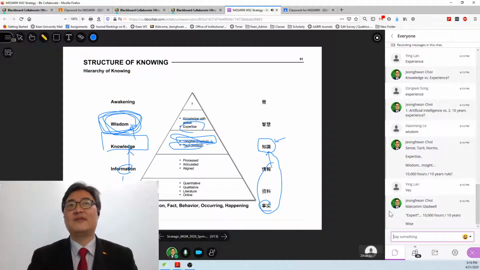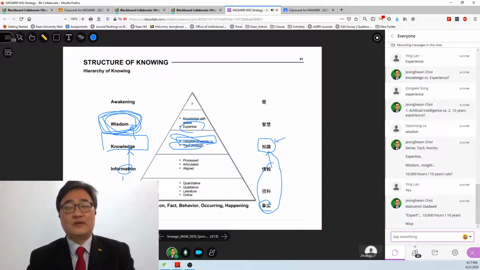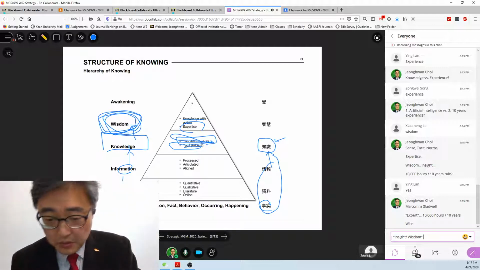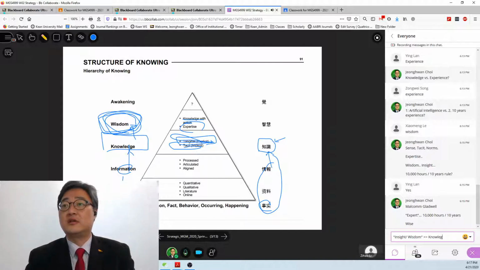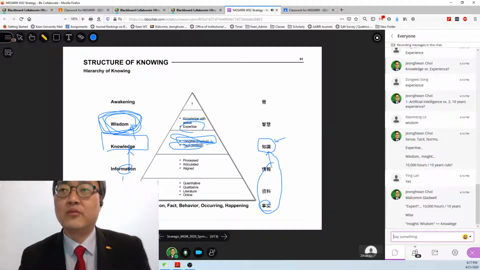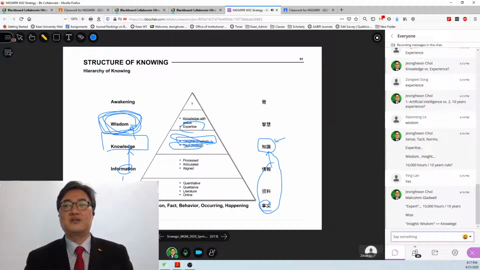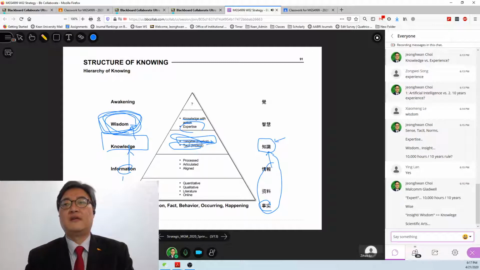Okay? Absolutely. And then, especially in the business field, we are looking for the wise person. We are looking for the insightful. Insight, while the wisdom. We respect the insight toward the wisdom more than knowledge. Because by nature, business is a scientific art. Science, knowledge. Art, wisdom. Science or knowledge is not enough for us